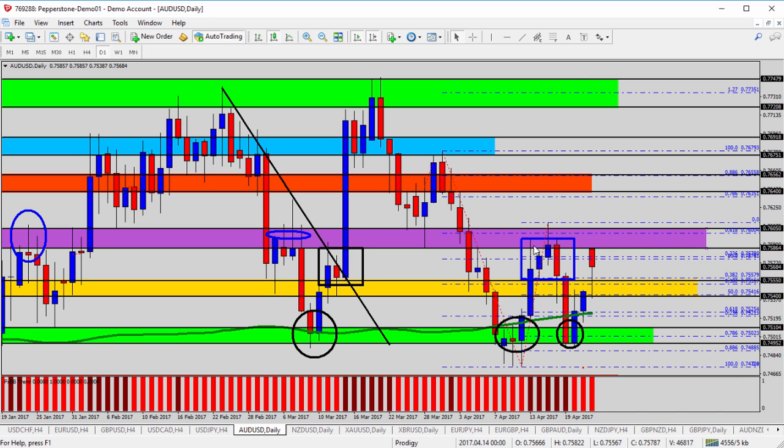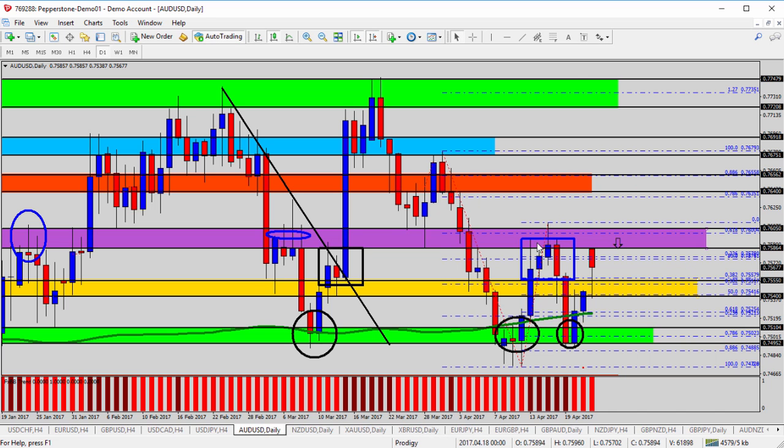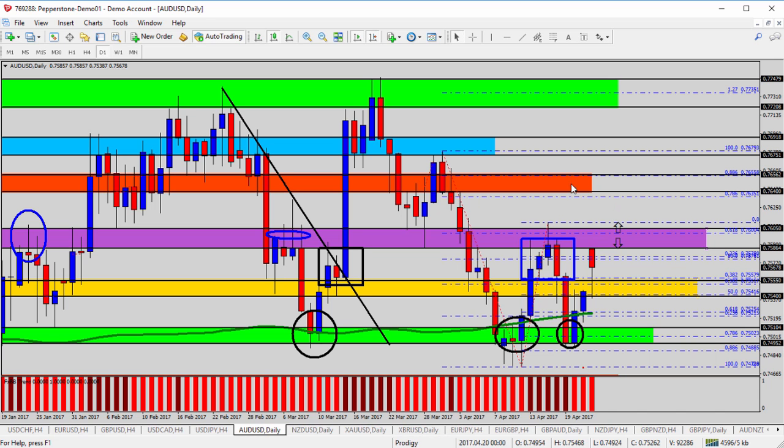There it is. You see the blue box here. We've studied that over the past couple of days where it found resistance here. So again, if you're a buyer for this currency pair, you don't want to buy under the purple zone. Clearly, where the blue box is, even today finding resistance underneath 75.85 or so, underneath 7600, it will be imperative to break that purple zone if it's going to go higher. Until it does that, it's finding resistance there,